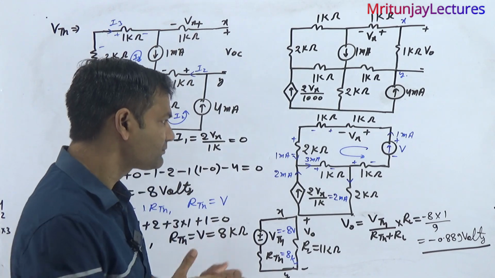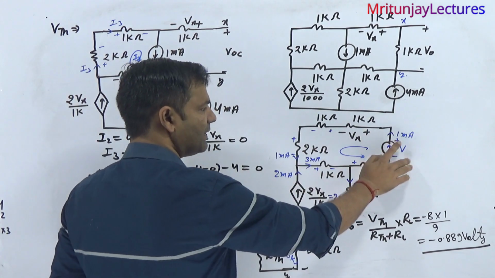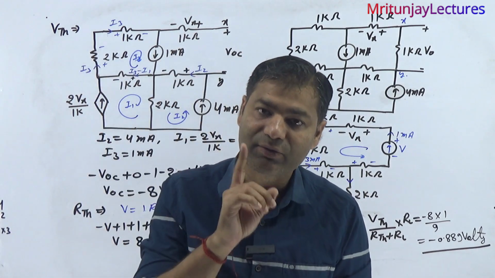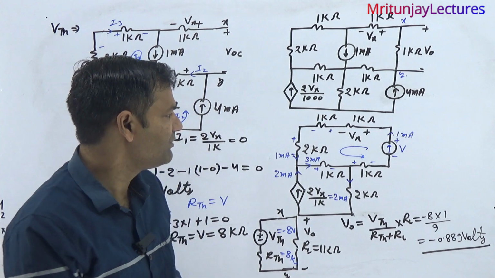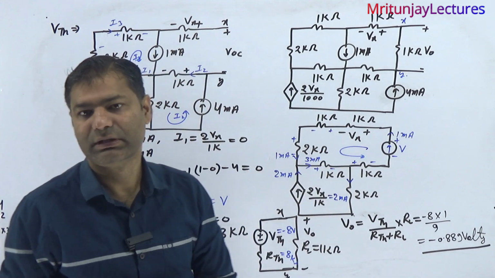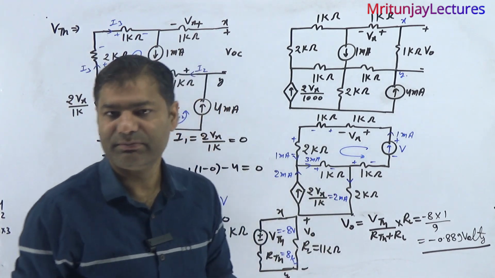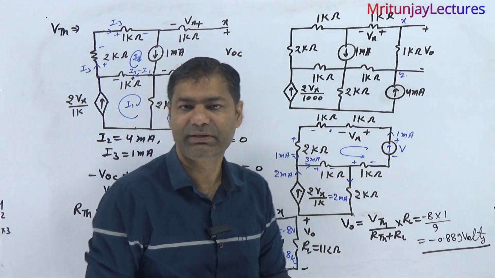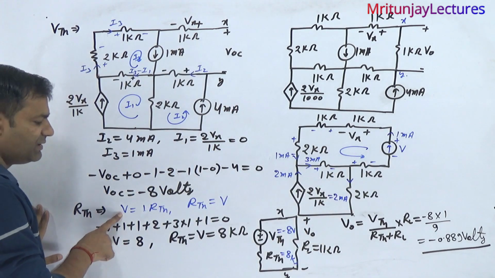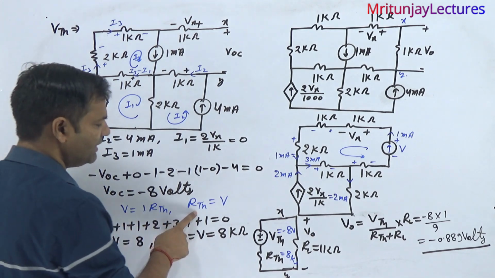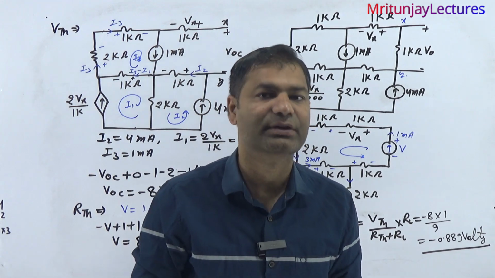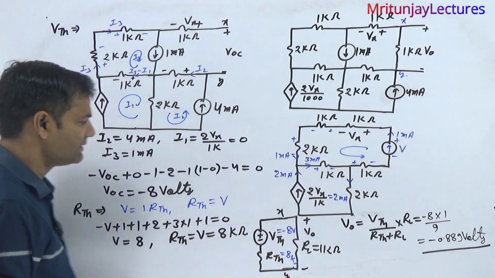So you can assume, corresponding to the XY terminal, a 1 volt voltage source or a 1 milliampere current source. Why consider a 1 milliampere current source? Because all resistances are given in kilo ohm and all currents in milliampere, that's why we have considered 1 milliampere. If you consider a 1 milliampere current source, then V is written as 1 into RTH, so RTH is V. Basically our motto to determine RTH means basically to determine V. If you determine V, then you get RTH.